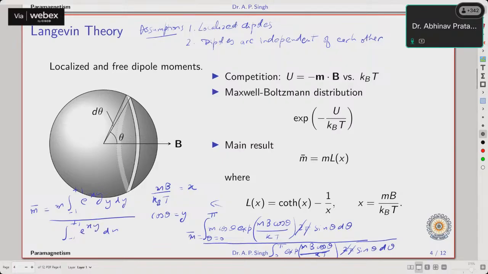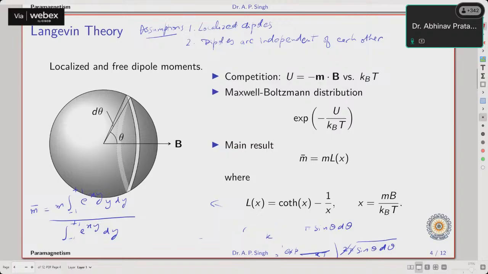upon integral from -1 to +1 e to the power xy dy. Okay, and from these two terms you will find that in the numerator you had this extra term of pi over here, which is not there in the denominator. So as I said, you can solve it for yourself, and hopefully what you'll find is that this whole thing is equal to